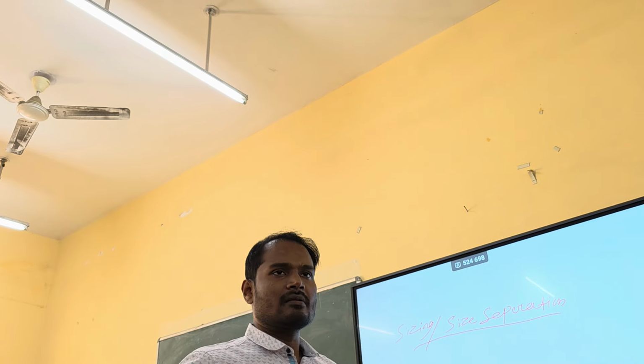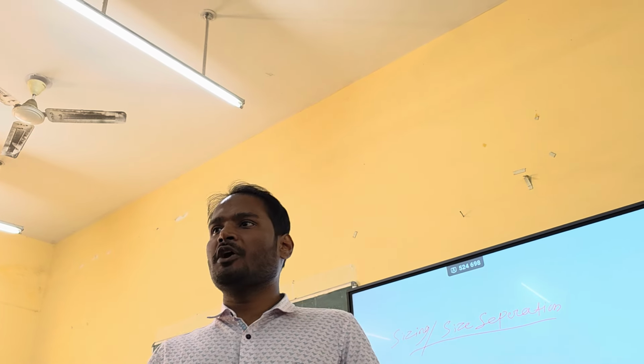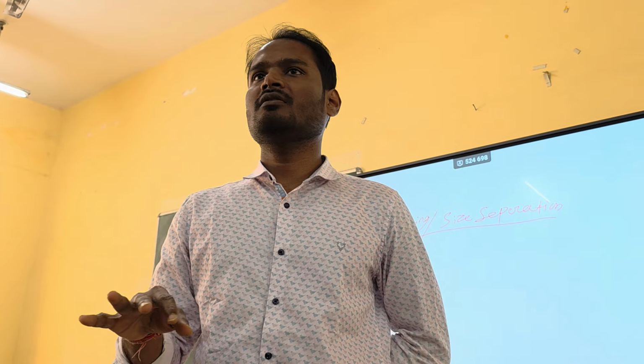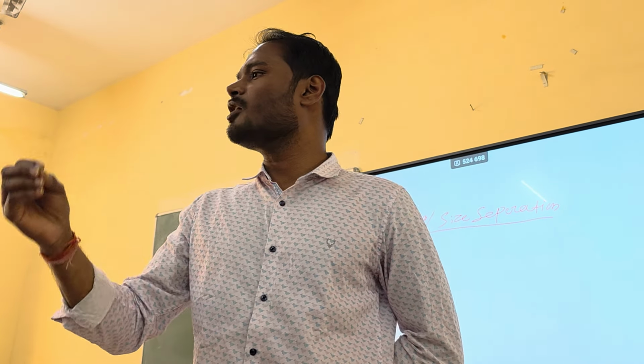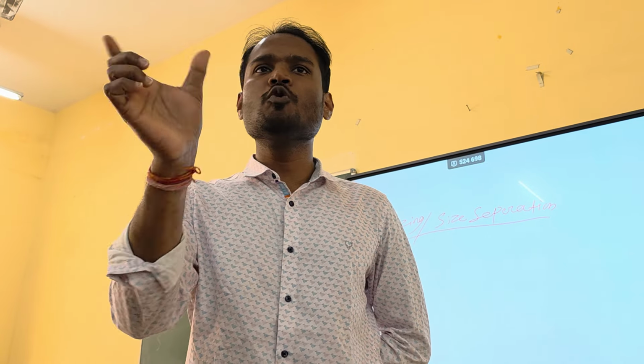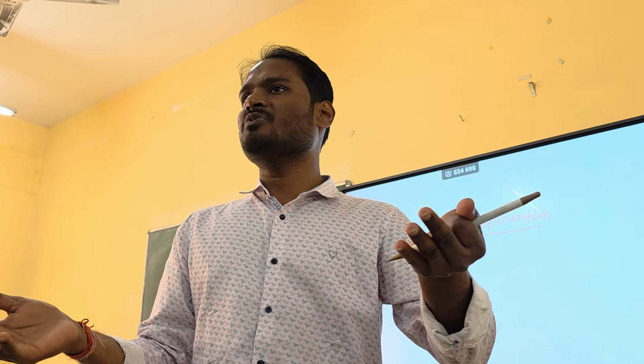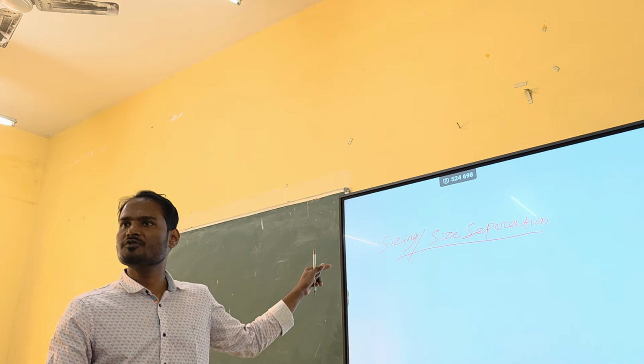Means in crushing and grinding, what we are doing? We are doing size reduction. So at the end of the size reduction, you cannot get uniform size products. Some product will be bigger, some product will be smaller. We can say coarser and finer. Or in other way, I can say oversize and undersize. These are the two terms people use in industry, oversize and undersize. So you can separate oversized mineral and undersized mineral by doing this sizing process. Is it okay?